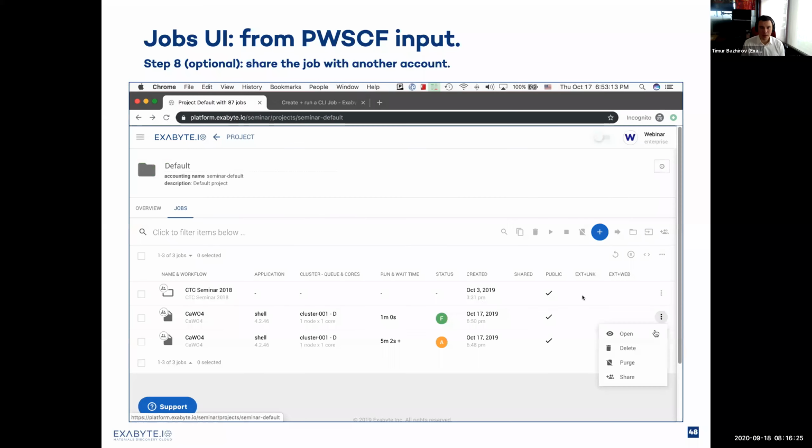All right. So this is how we can run a calculation using the workflow and material that we have previously migrated from Quantum Espresso input. Now, an optional step in this progression is to share this job with another account. As you may have noticed, I have run this job under the webinar account, and now I would like to share it with